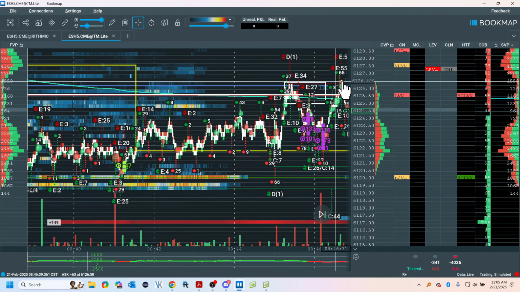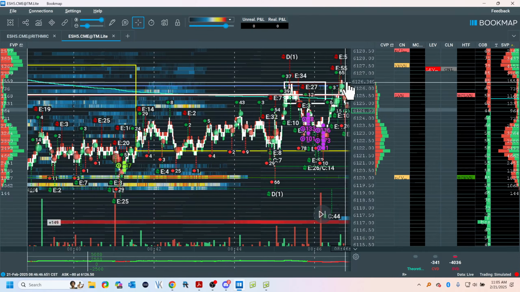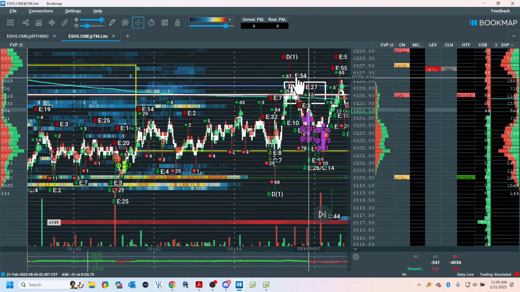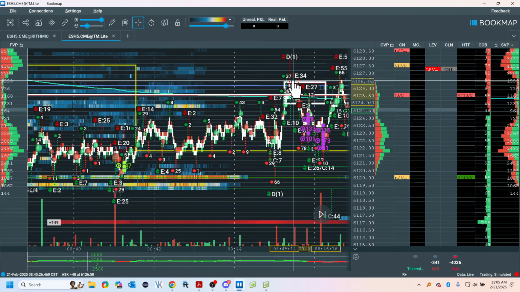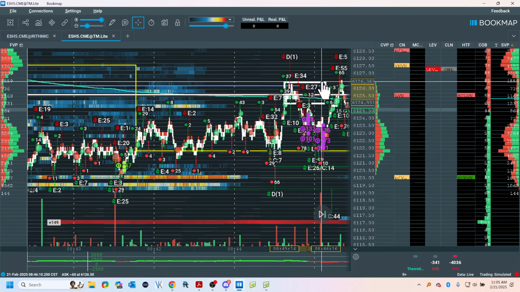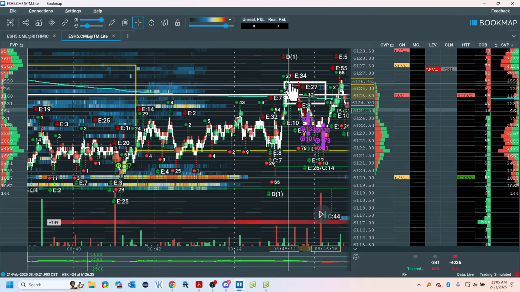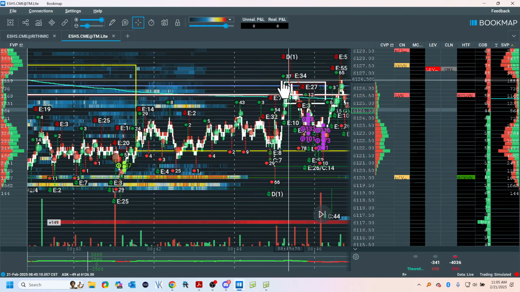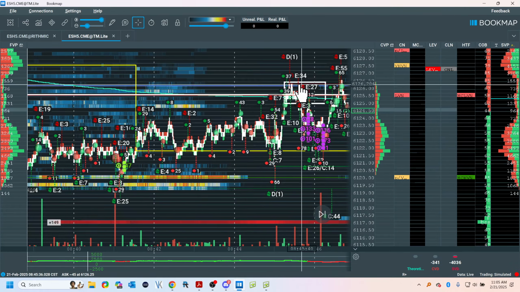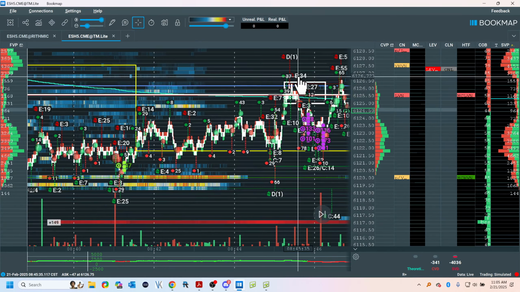Because of that. And what's the other part? Why would we want to be a little away from this? Because there's going to be stops here. We know that, right? And what else do we know? If this price is too high, these sellers may activate again up here. So that's why I have my stop 3 ticks away.